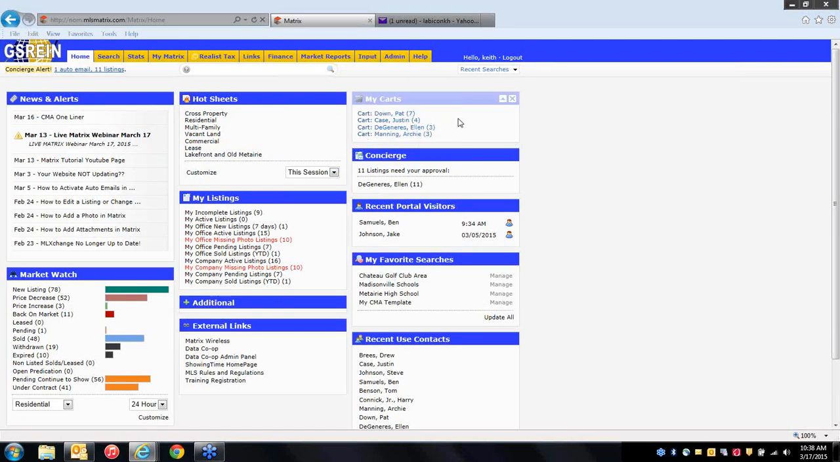Why would you want to put listings in a client's cart? Well, think of carts as a folder. Why would you want to put listings in a client's folder? Well, one reason I've been finding that a lot of people like to do is,